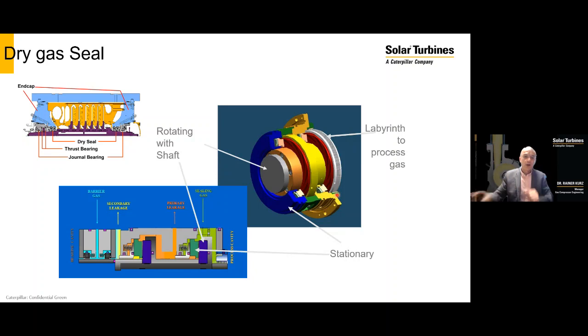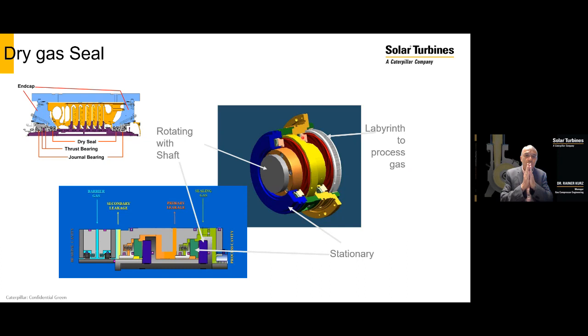If the machine does not rotate, these rings are pushed together by a spring. But as soon as the machine starts to rotate, the small leakage across these rings through these grooves generates a force that pushes these rings apart. So now we are able to operate the machine up to full speed with very minimal clearances in these rings